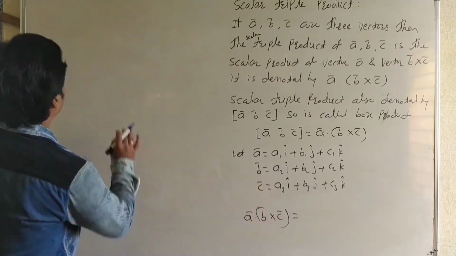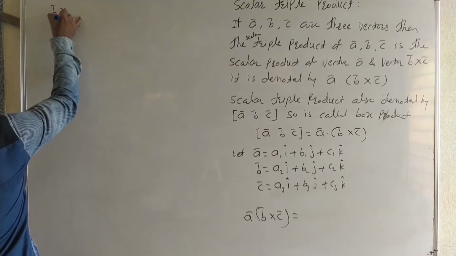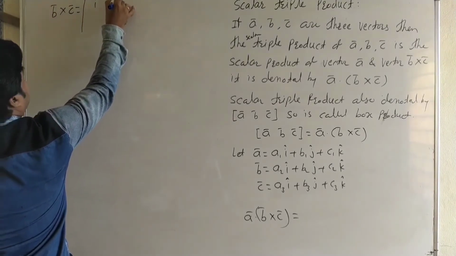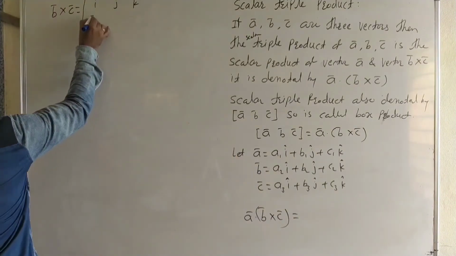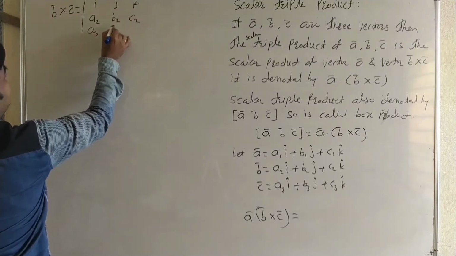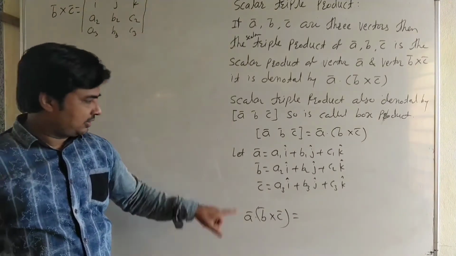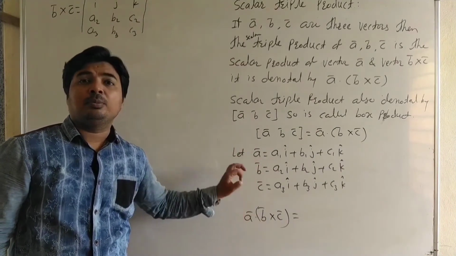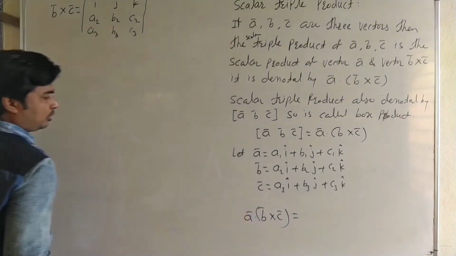Okay, here see carefully. Now we can find the cross product of vectors. It is B bar cross C bar. Cross product, it is i, j and k. B bar is the first vector. Components of the vector are A2, B2 and C2, then A3, B3 and C3. We find the triple product of the vectors. When three vectors are given, we find the triple product. Here first we find the cross product and then take the dot product with A bar.